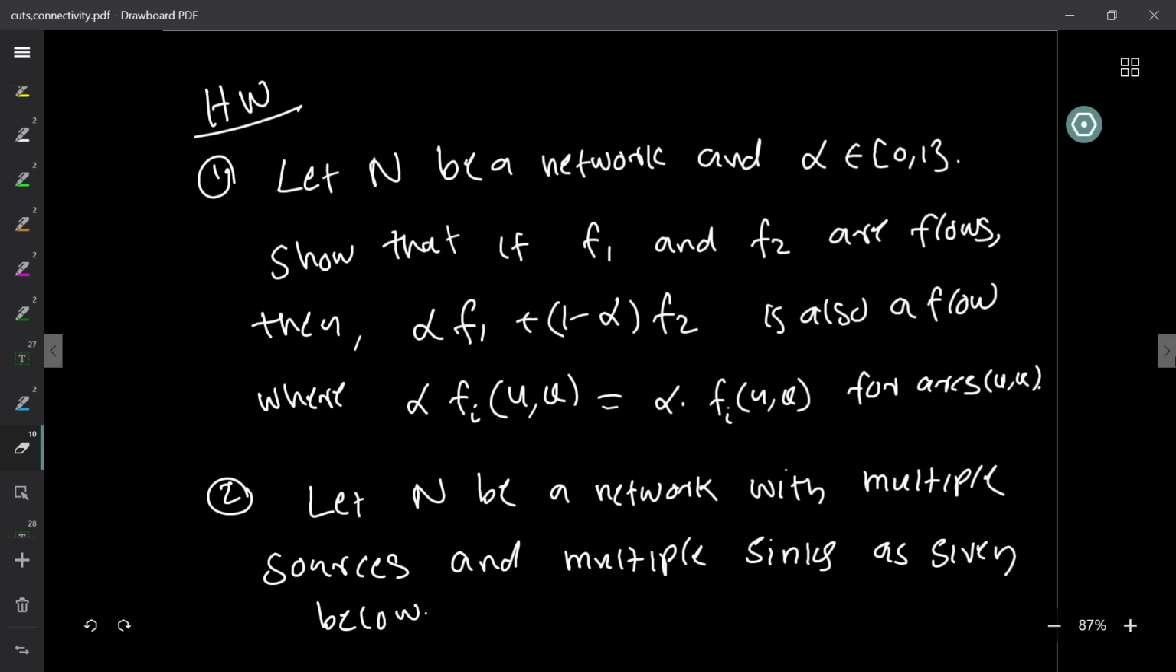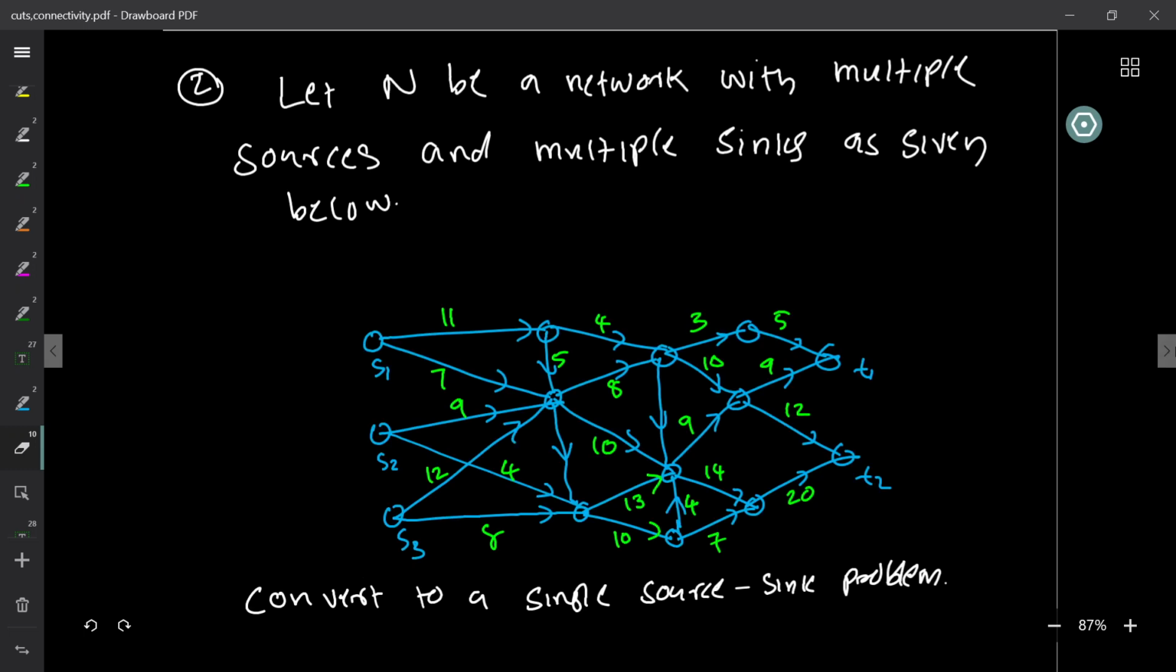So given a network N with multiple sources and multiple sinks, as given below here, convert it into a single source, single sink problem. Okay. So here is the network that is given to you, with the capacity constraints. Now take this and then produce another